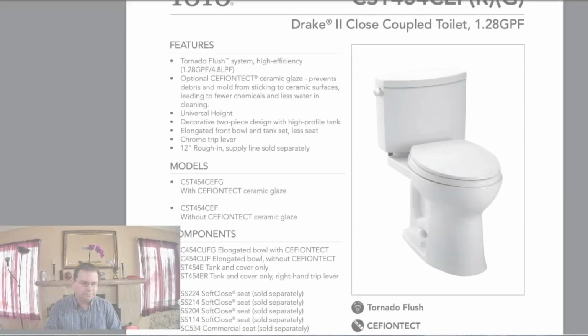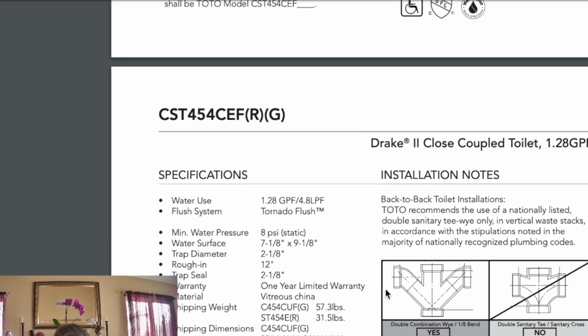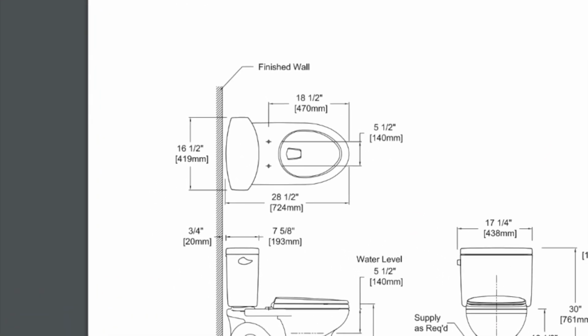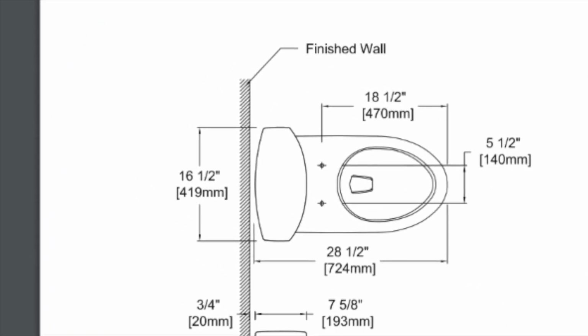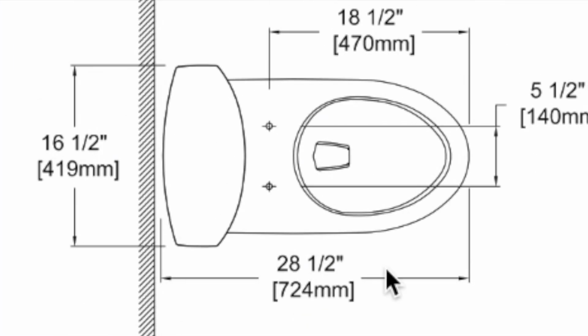Now, on the subject of round versus elongated toilets, I have said in other episodes I happen to prefer elongated toilets, and whenever there is the option to do so, I recommend all of my customers use elongated toilets. So to understand what I mean by that, let me explain. Here we have the typical spec sheet for an elongated TOTO Drake 2 toilet with their most advanced flushing system. And you'll notice that right here, the overall projection is 28.5